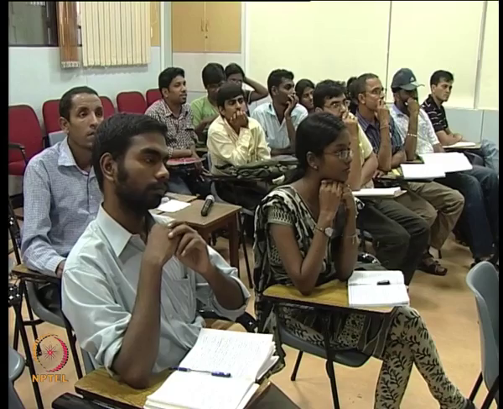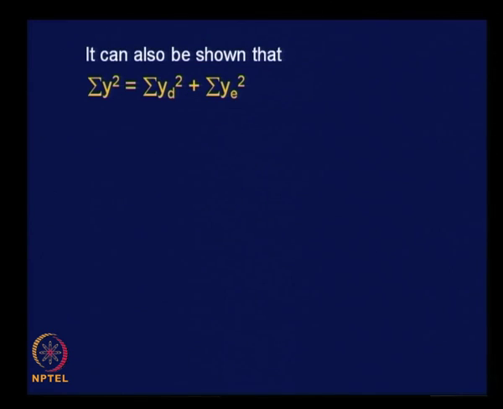You may wonder, how do we get the equations for b, a and so on? Why should we call x to be X minus X bar, y to be Y minus Y bar and so on? Please go through any standard probability and statistics book, you will get complete derivation for this kind of regression analysis. That is very important, you have to go through that. You will be taught about regression analysis in your probability and statistics course most probably. It can also be shown